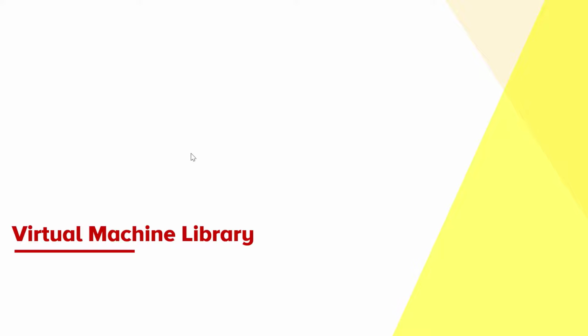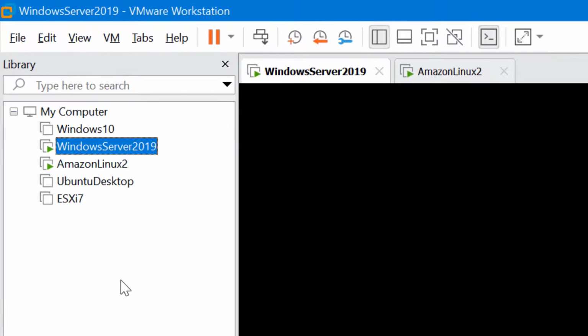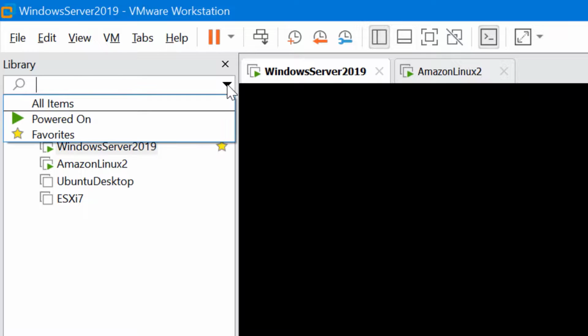You're going to spend quite a bit of time in the virtual machine library when using VMware Workstation Virtual Lab. This is where you can find and navigate to all virtual machines, both the virtual machines running locally on your computer as well as any shared VMs that you have access to. The shared access includes the VMs running in an ESXi server or vCenter server. To make a virtual machine a favorite VM and bring it to the top of the list, simply click on the star icon, and